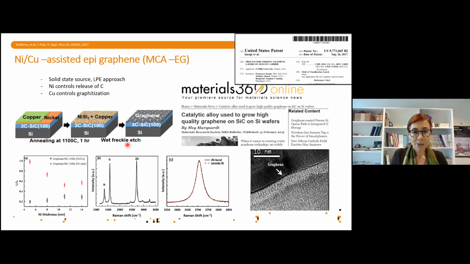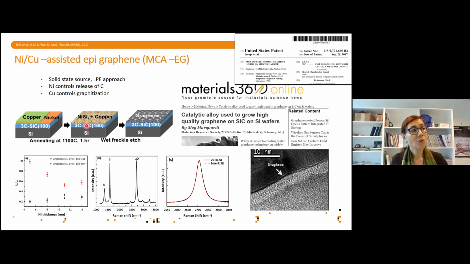And catalysts had been looked at before, for example, nickel on silicon carbide and silicon, but it didn't work particularly well. We thought instead of using a combination of catalysts, and particularly the choice of catalysts turned out to be extremely important. We came up with an alloy of copper and nickel. So by using copper and nickel as very thin layers on top of silicon carbide and silicon,